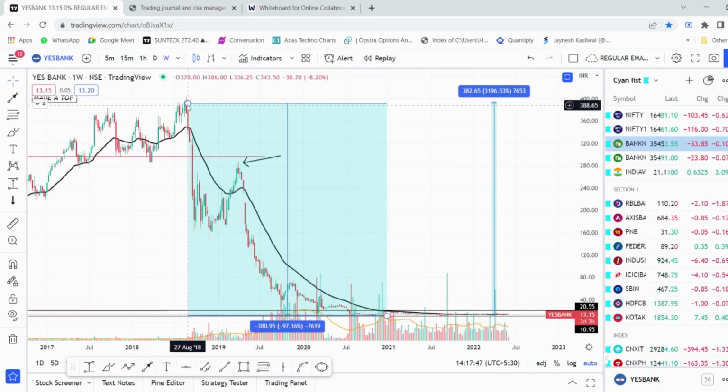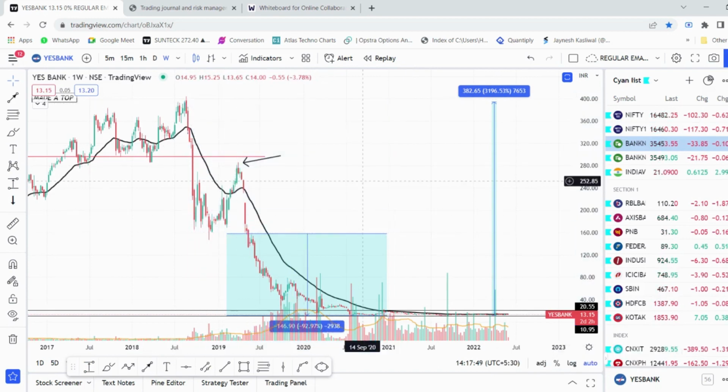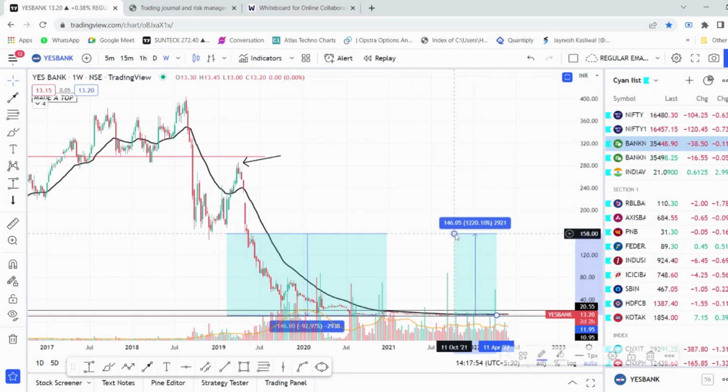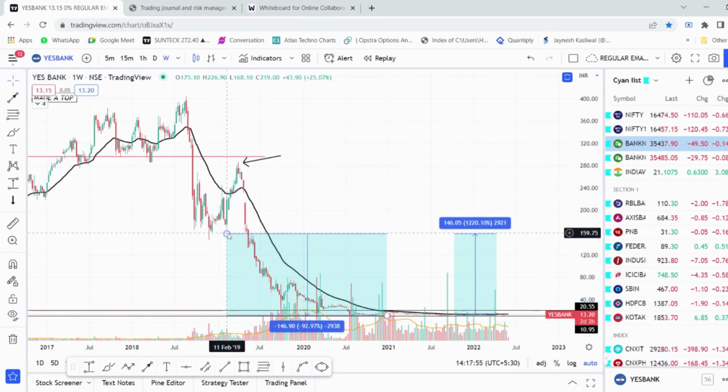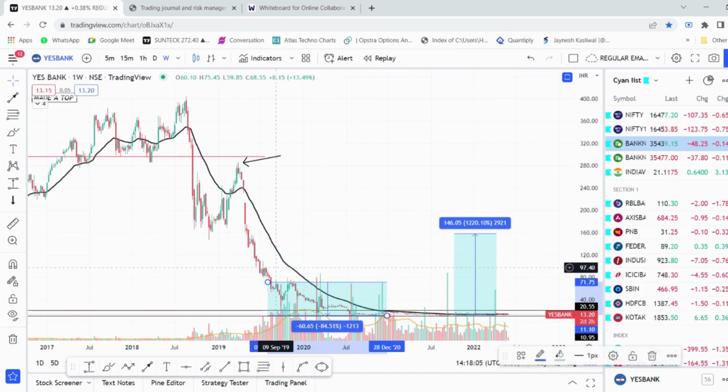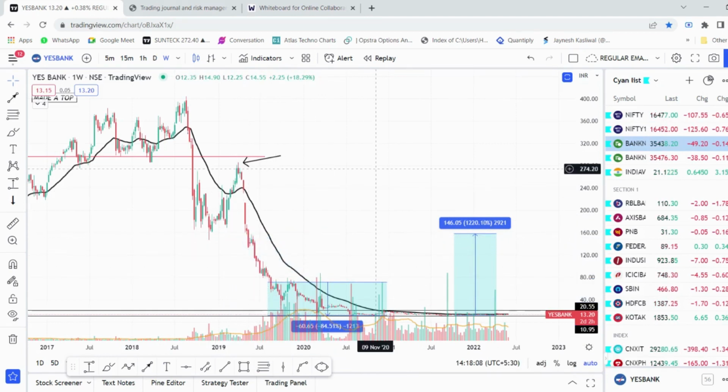So let us assume that you have bought the stock at 150 rupees. To get back to 150 rupees you require 1200% gains. Do you think it is logically possible to get back to break even over a period of time? No, it is not possible. Even if you stay in this stock for, say, 5 years or 10 years, we do not know what is going to happen over the next 10 years.